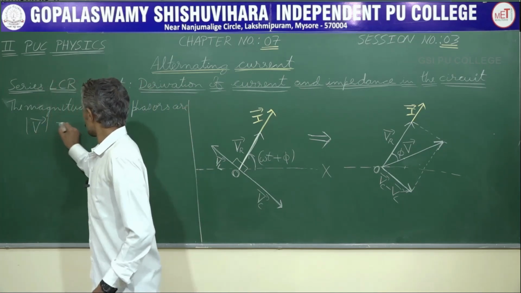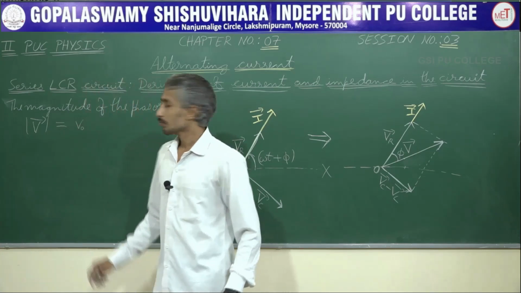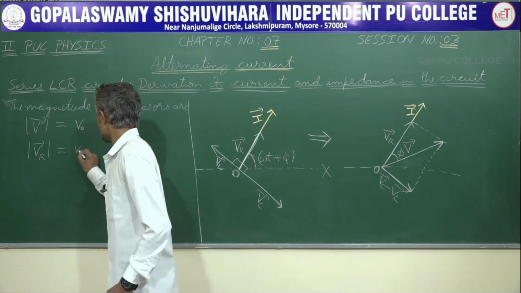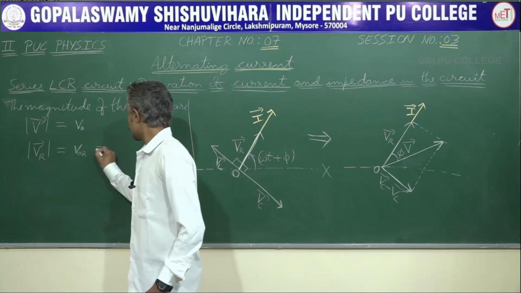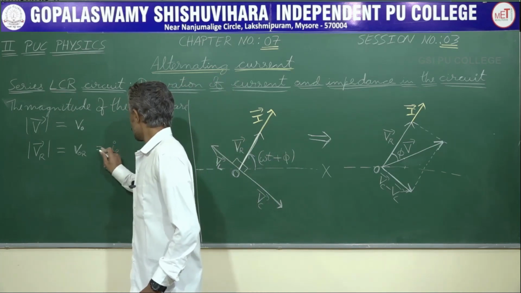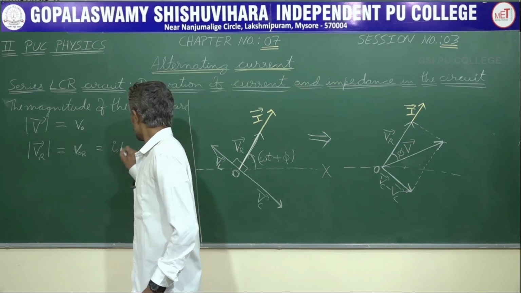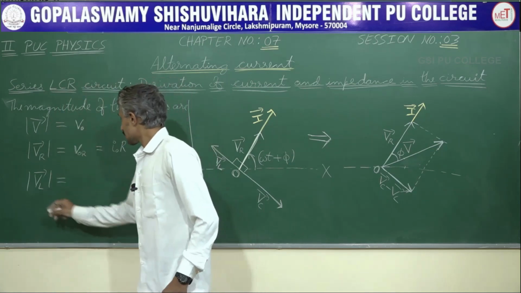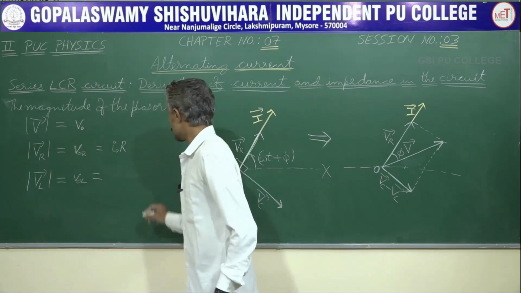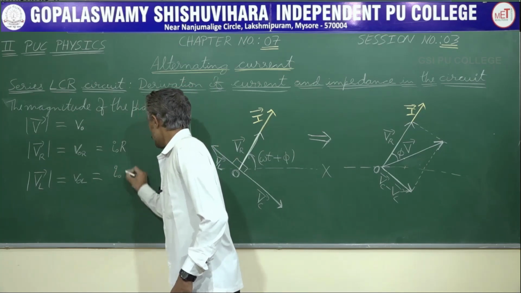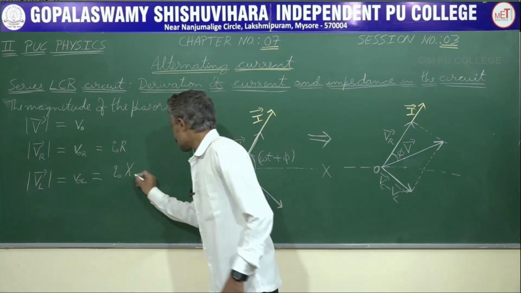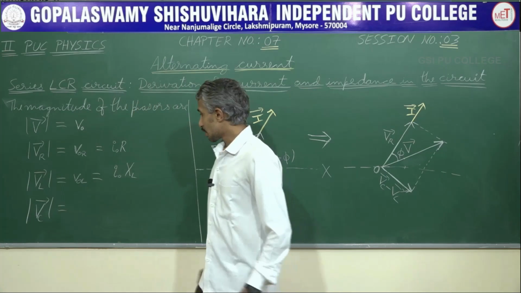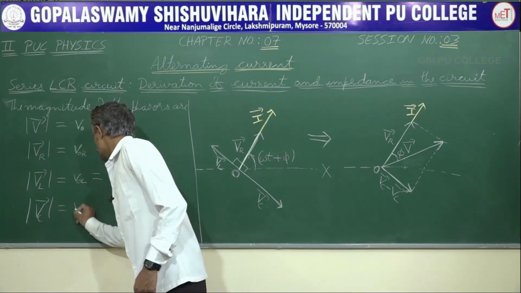The magnitude of the source voltage is nothing but the peak voltage V0. The magnitude of voltage drop across the resistor is nothing but the peak voltage across the resistor, and this can be written as I0 into R. The magnitude of the voltage drop across the inductor V0L is going to be I0 into inductive reactance XL, and the magnitude of the voltage drop across the capacitor